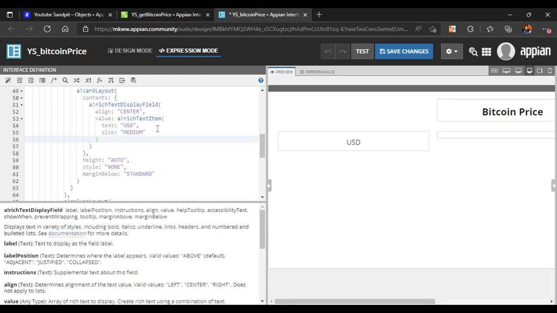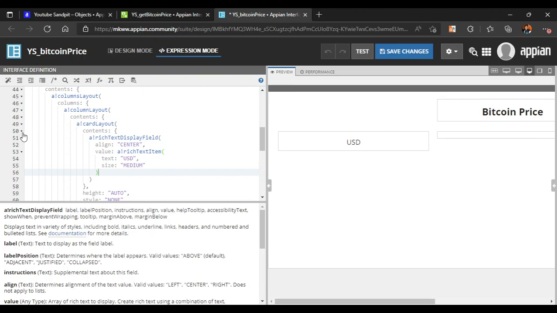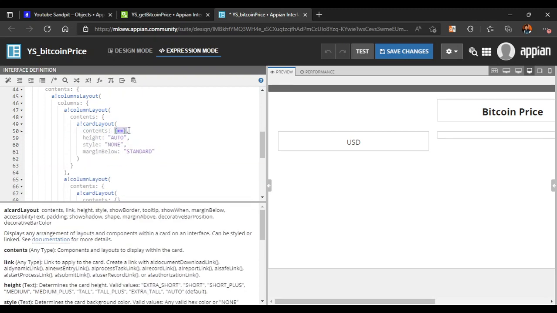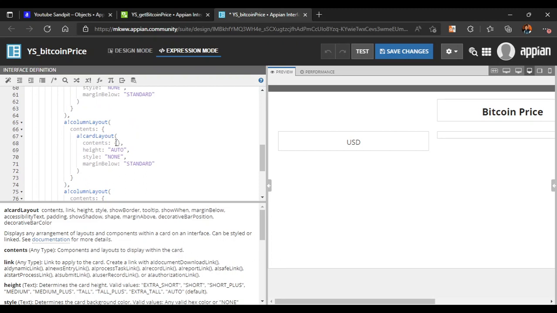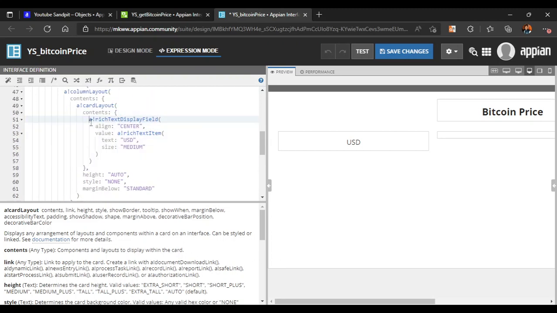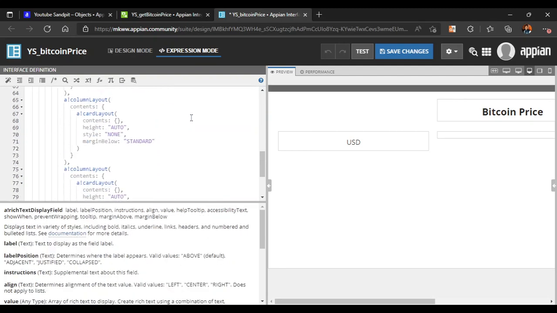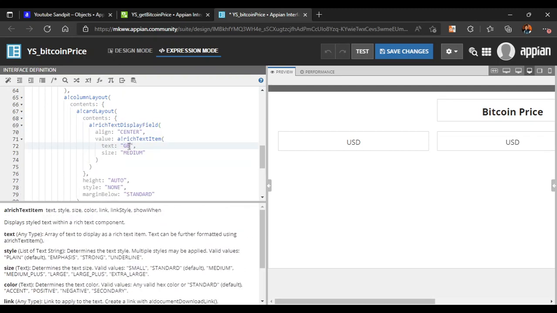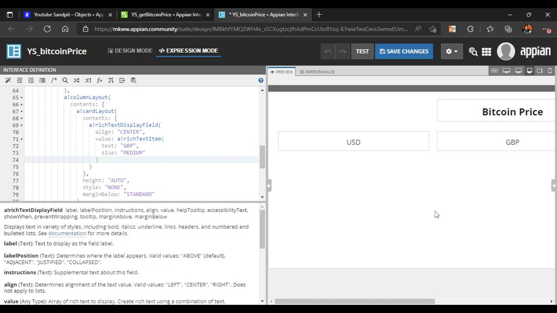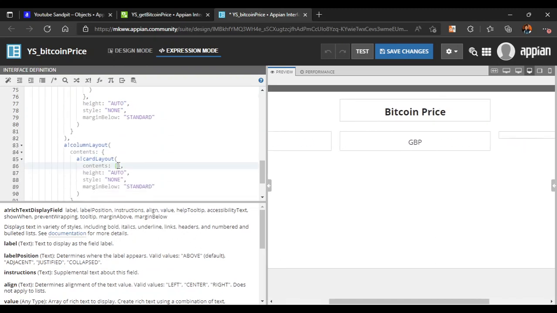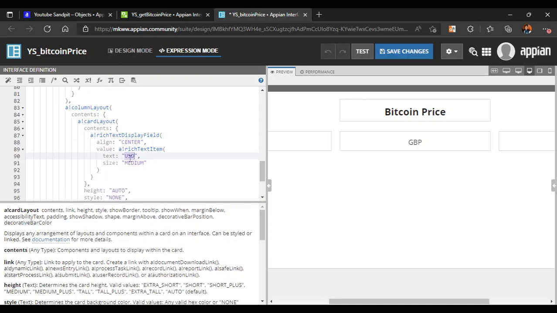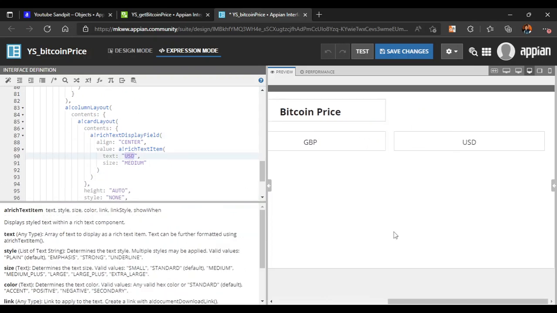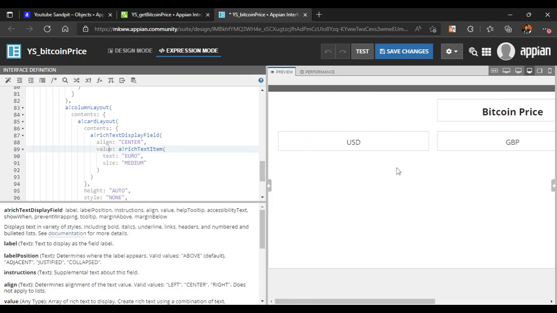Okay, and the same contents whatever we have used here, we will copy the same content here. Not this one, we will copy the rich text display field and change the value there. So let's copy and paste for this as well, and this is our Great Britain pound. Okay, and let's copy the same thing here as well, and this is our euro. This is our euro. Now our base